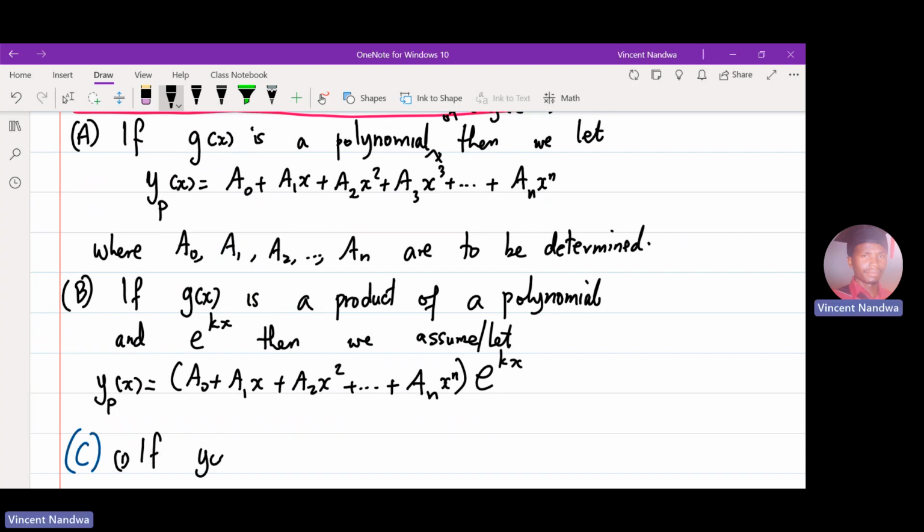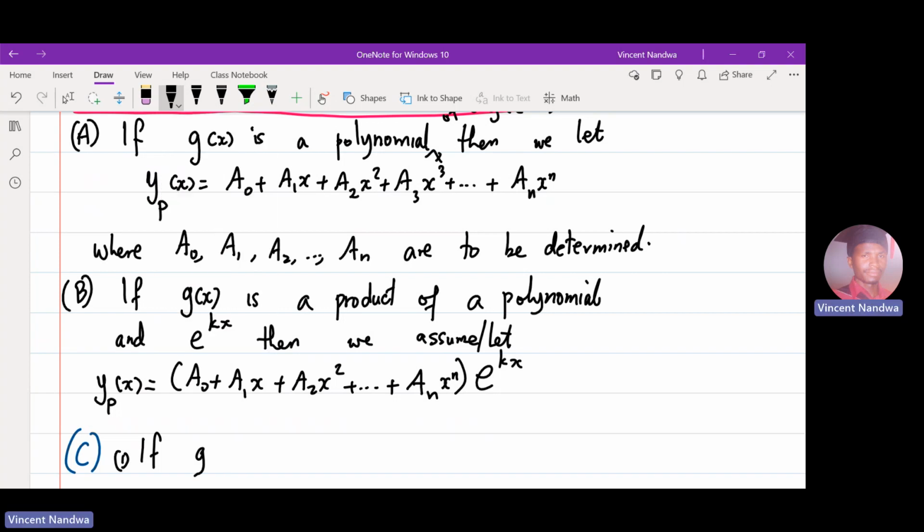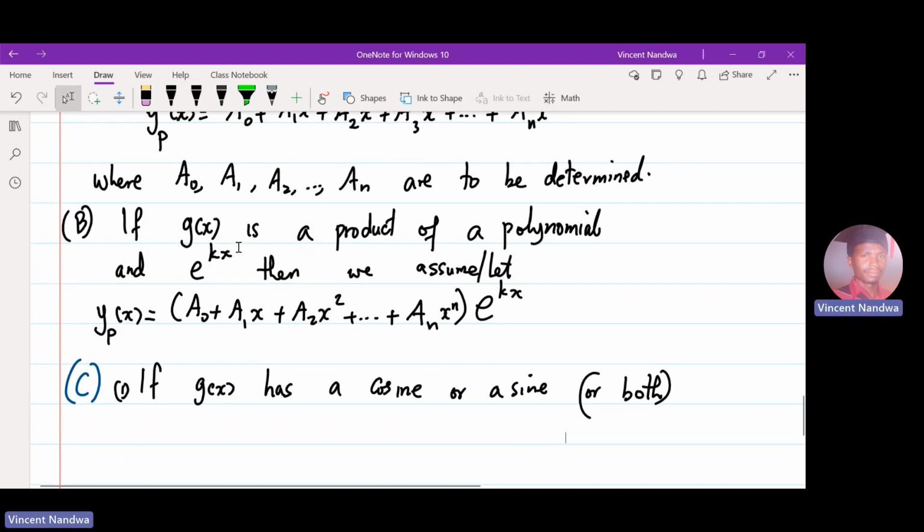If you see, or if g of x has a cosine term, or a sine, or both terms,